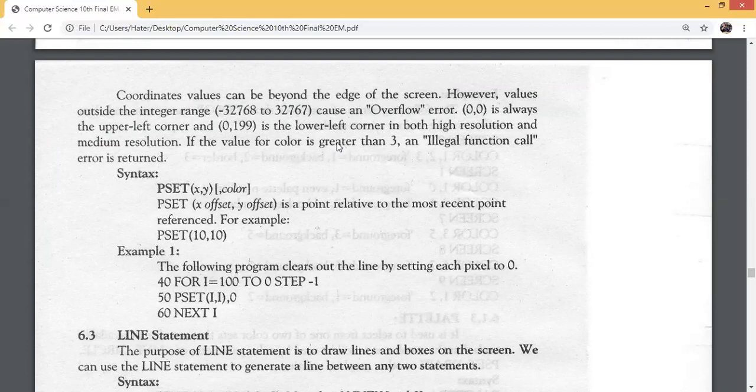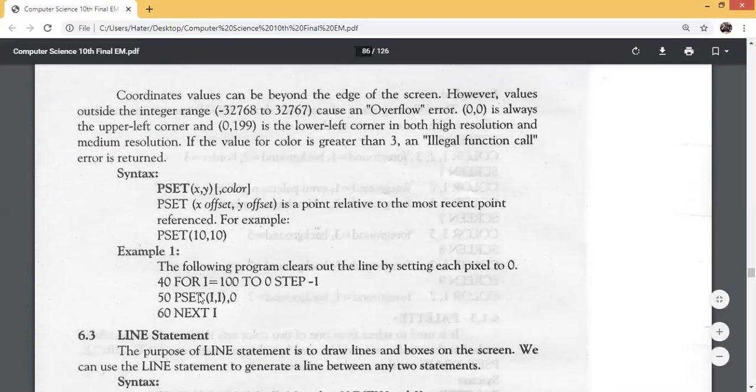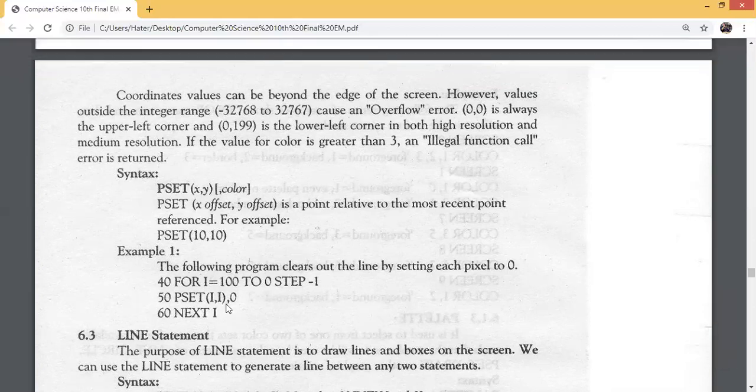Following program clears out the screen by setting each pixel at 0. They are assigning a loop over here: for I is equal to 100 to 0 step -1. PSET I, 0. दो आई है मतलब 100 से लेकर 0 तक जाना है, हर दफा इसकी वैल्यू चेंज होगी और कॉमा देकर वो 0 लिख रहा है. 0 मतलब फोरग्राउंड कलर, कोई भी चूज कर सकते हैं. 0 is the color. Next I. अब जब ये 100 टाइम्स चलेगा तो आपको पॉइंट फोरग्राउंड कलर कोई ना कोई सिलेक्ट होके आपके स्क्रीन पर डॉट्स ड्रॉ हो जाएंगे, पॉइंट सेट हो जाएगा. ठीक है.